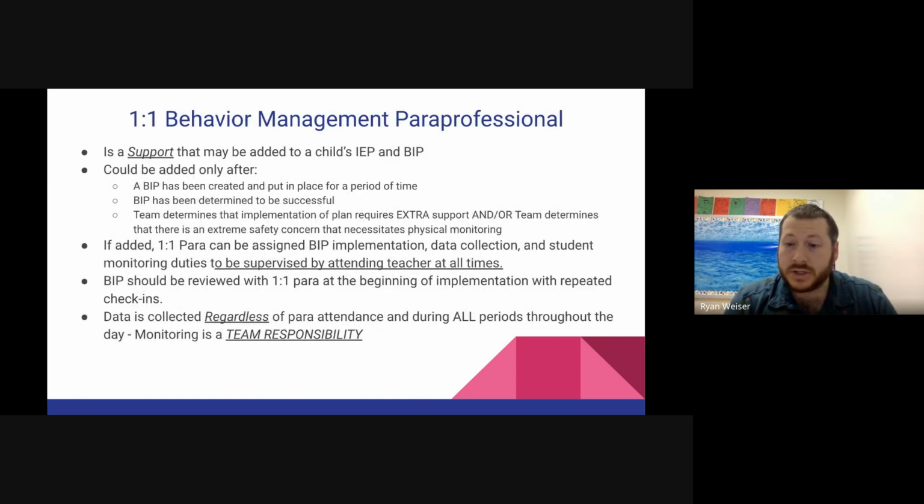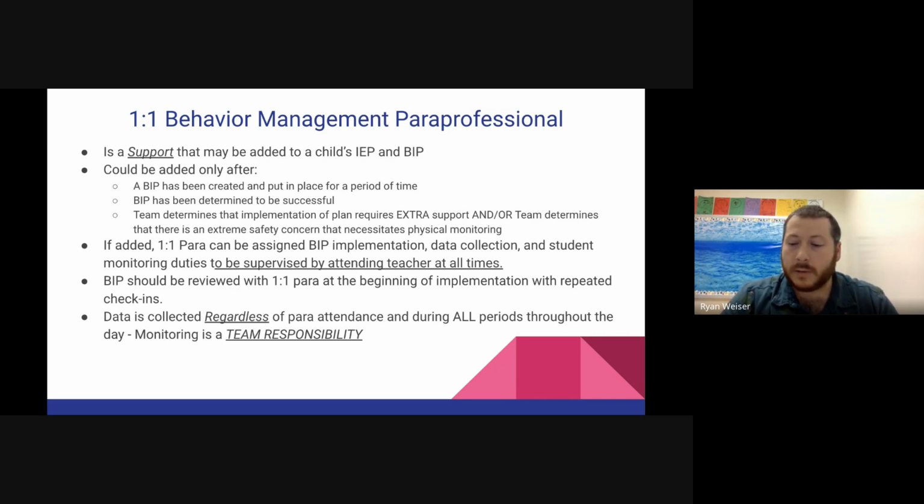Now, it is important to note that a lot of our BIPs lead to a one-to-one paraprofessional. And before, when I said not every FBA leads to a BIP, because sometimes we realize the function is easily managed. We don't need a full BIP. Now, let's say we do. Let's say we get to that BIP. Not every BIP is going to require a one-to-one paraprofessional.